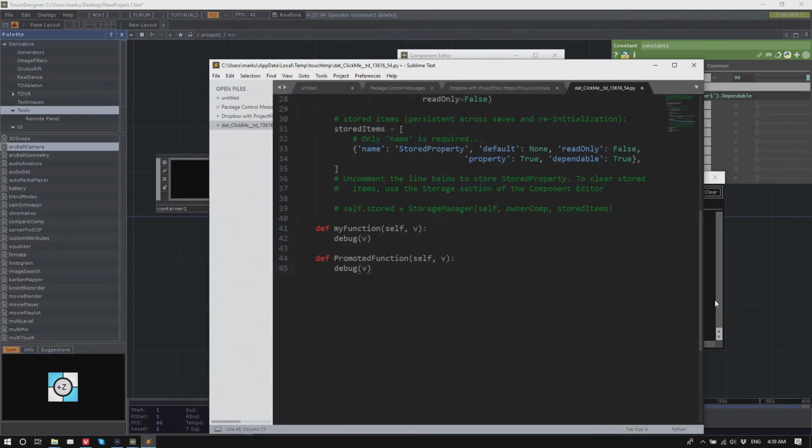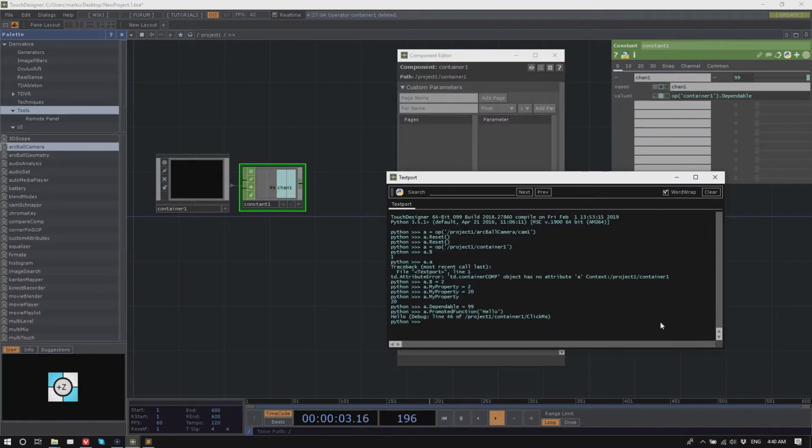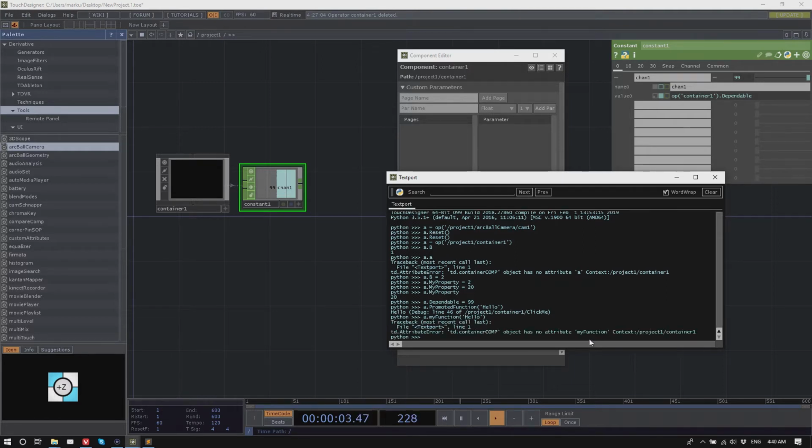And what's the difference between my function and promoted function? I can see it's actually the same. So if you try to call my function here from the text port, it will tell you that this container comp doesn't have a function called my function. Because if a function starts with a small letter, then it's not promoted, so it's not accessible from the outside directly.